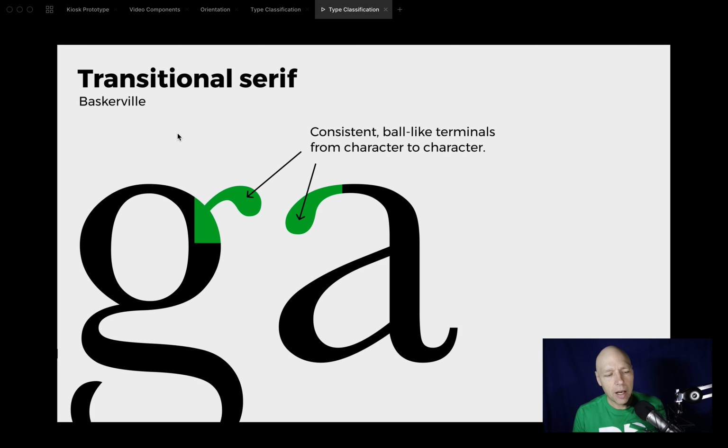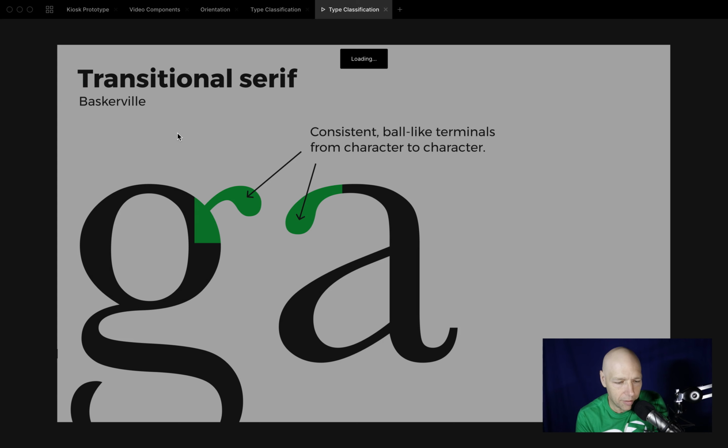Also, unlike the humanist serif, where the terminals on the G and the A kind of moved around and weren't consistent at all between them, now we're beginning to see more consistent terminals across the glyphs that are involved. The other thing that's interesting,